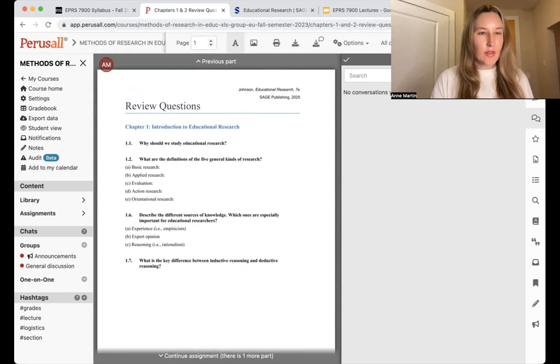So we have about 30 people in this class, and everyone's going to be working together. So when you leave a comment on Perusal, everyone can see your responses unless you write me a private comment, and that's okay too. But everyone will be able to see your responses. So when you are doing the review questions, just pick 1 or 2 a week, so that way everyone else